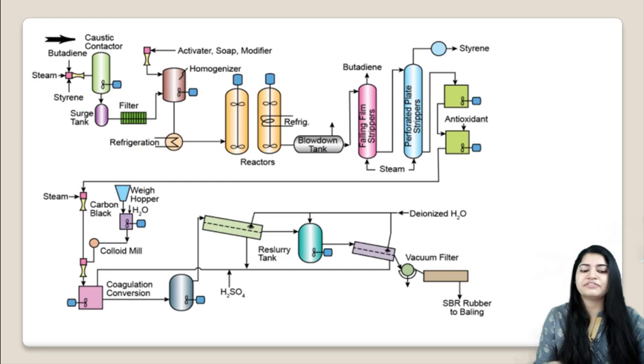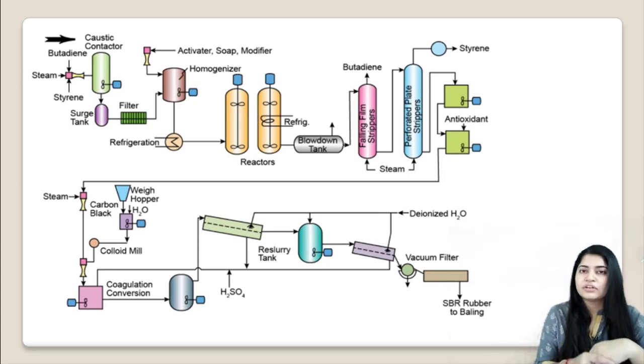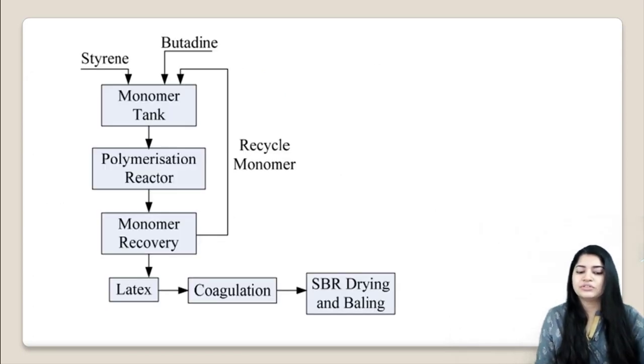Here you can see the product obtained from the coagulator, that is your latex. Then further treatment is done, where sulfuric acid is added. It depends upon the grade of rubber you need, what kind of grade rubber your demand requires. Based on that, your rubber is then dried. Here you can see the vacuum filter, also washing with water. The process is to remove the solvent. This way you get your rubber. So your latex on coagulation gives you SBR, and your final product is dried.